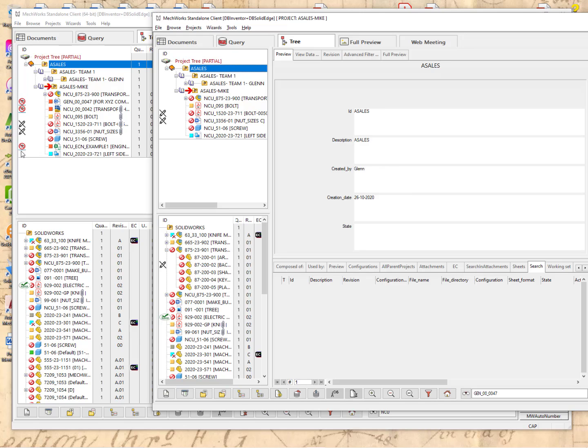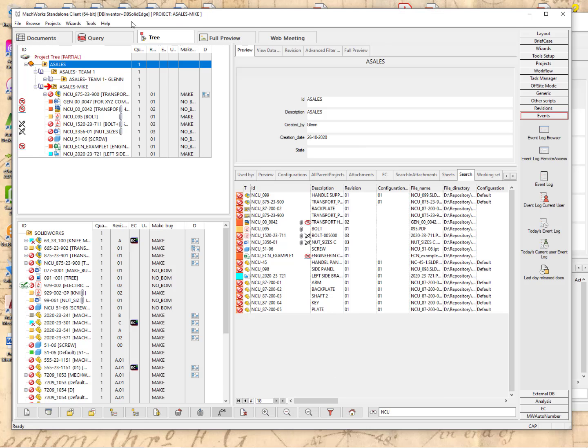So the next thing we're going to do is we're going to go in here and we're going to quickly talk about the search tools that are available to the non-CAD user. And I'm not going to go into a lot of details on these because they are covered in their own webinar just about searching in the MechWorks PDM. Now the first tool was the one that we've already used down here, and that is the quick search. Now on this quick search, one of the things to note here is that